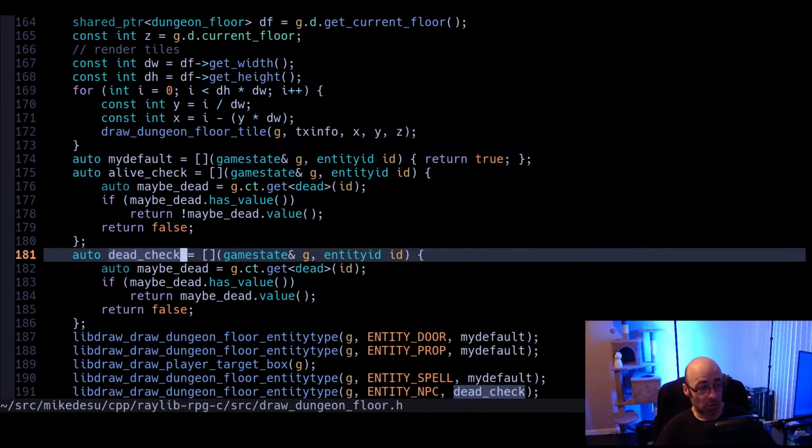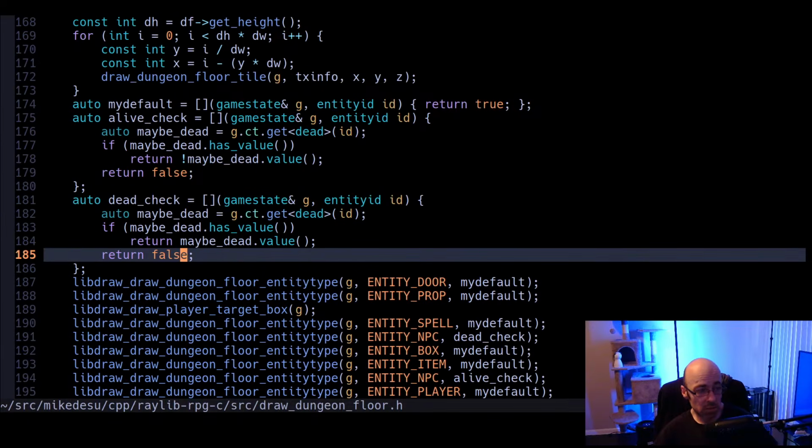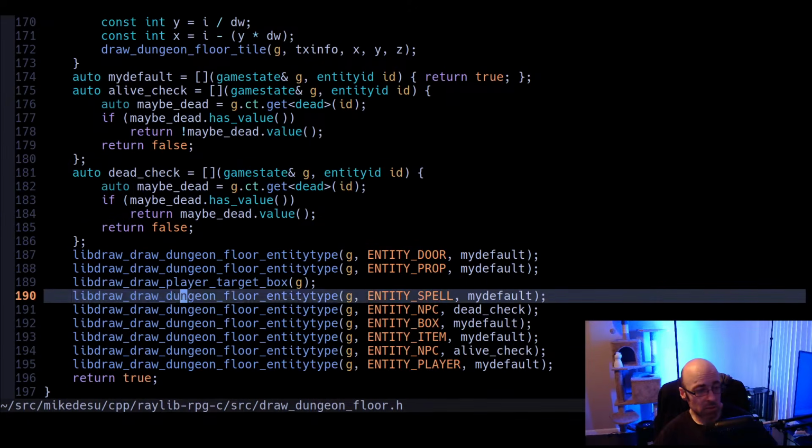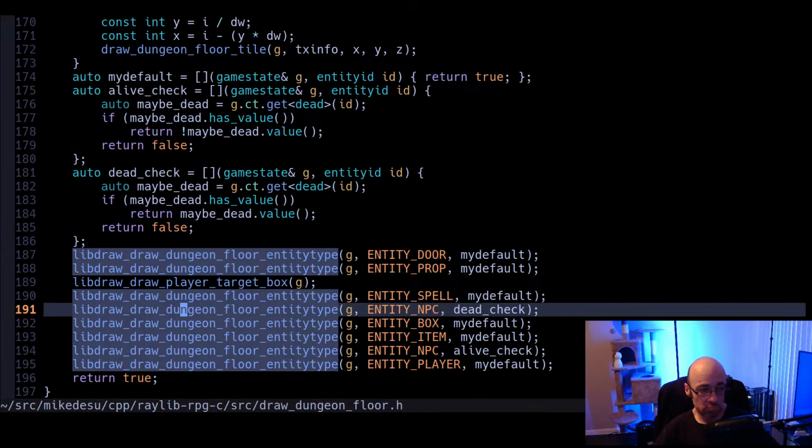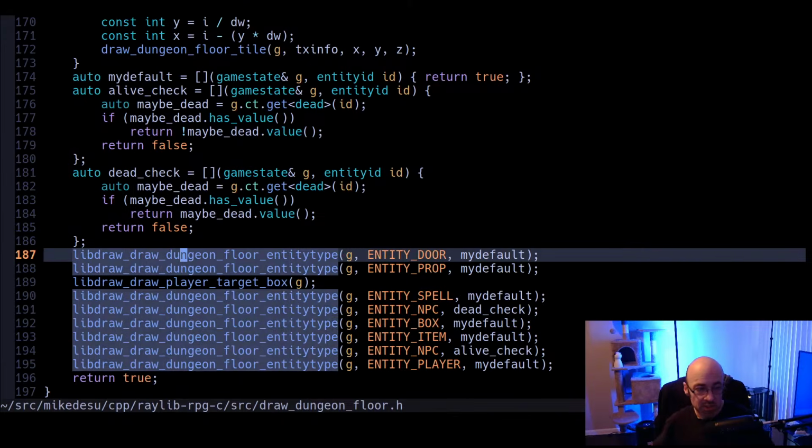I could probably even one-line those. And then NPC. Oh, yeah. So then for every different type of NPC that's listed here,